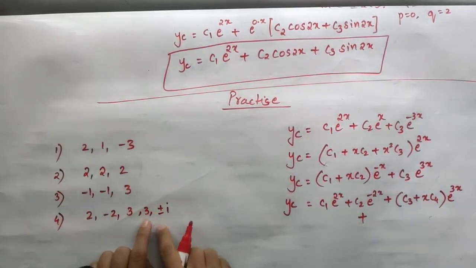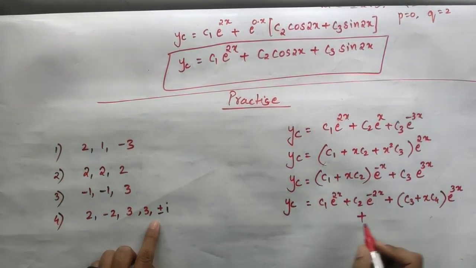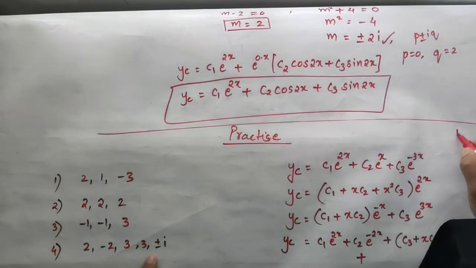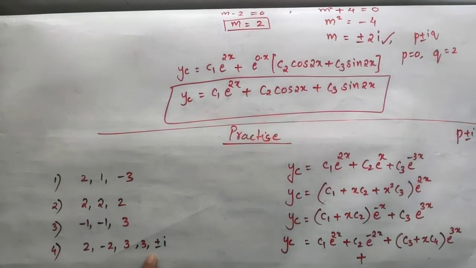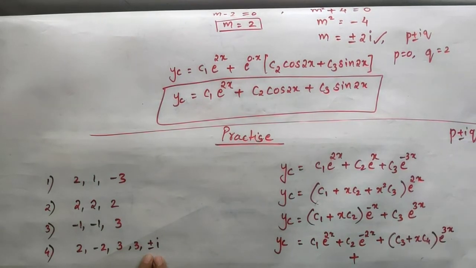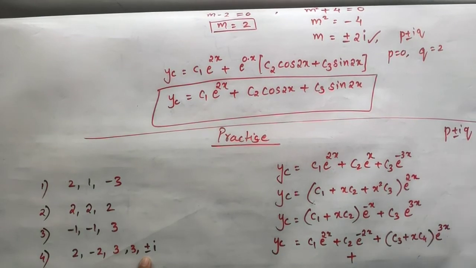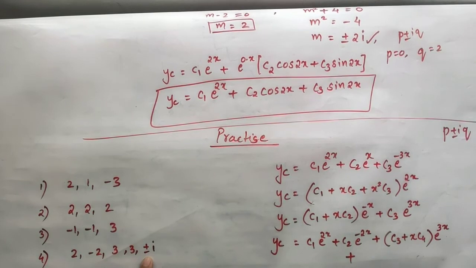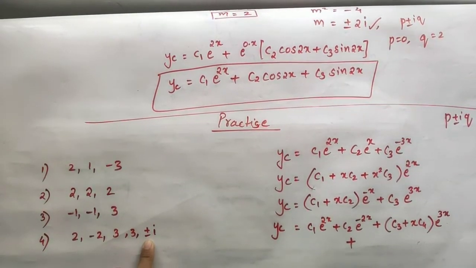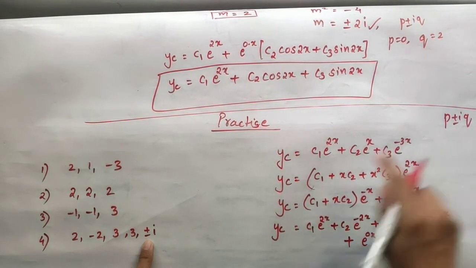Still we have to do the solution for plus or minus i. Let us continue with that. So for plus or minus i, see, it is again in the pattern p plus or minus iq. Okay, the value of p is 0, q is 1. Is it not the coefficient of i, which is q, it is 1. Okay, so let us write the solution for plus or minus i. So it will be what? Yes, e to the power 0 into x because p value is 0.